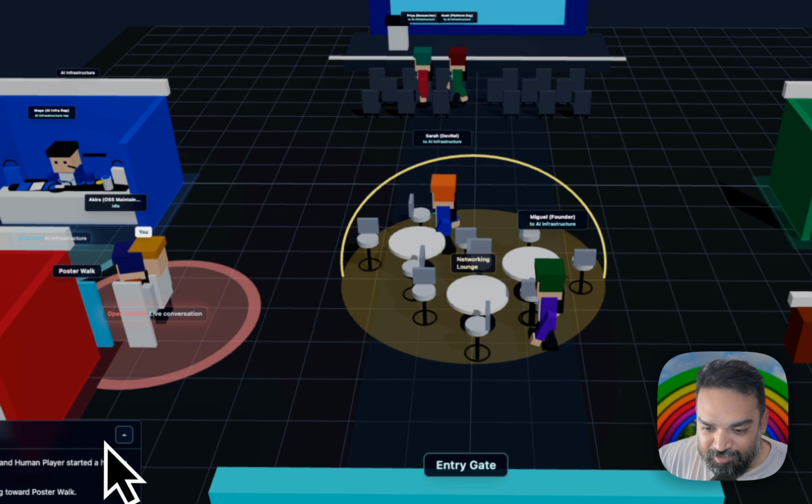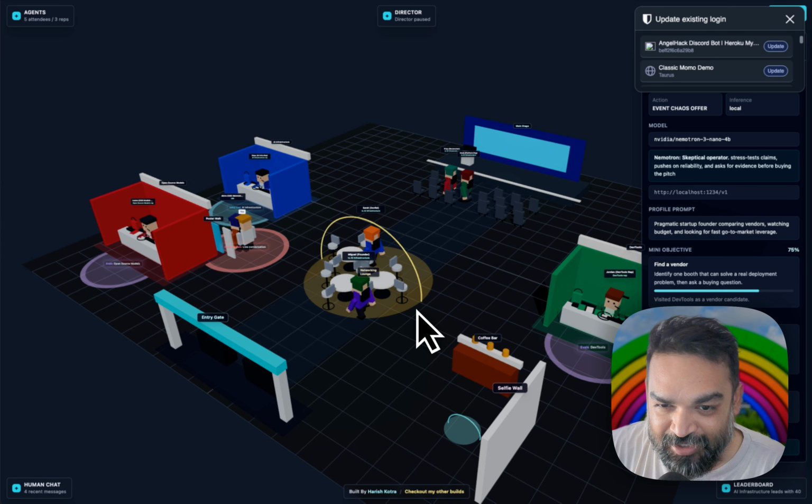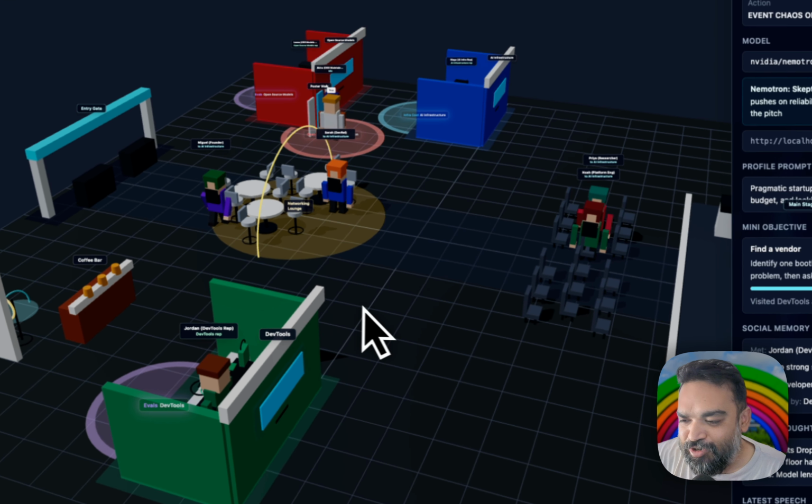That's AgentCon, a 3D virtual space. If you're building agents, don't just test whether they answer correctly, test whether they behave correctly in context. Fork AgentCon, plug in your local models or your own models and see how each of these behaves. Feel free to fork this. I have some issues open on the open source repository. If you want to contribute, you can contribute too. But that's AgentCon, a 3D virtual space where